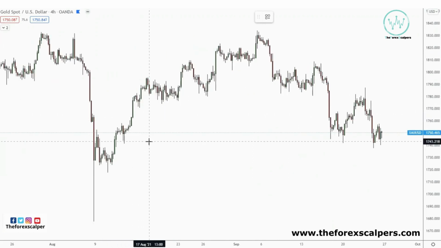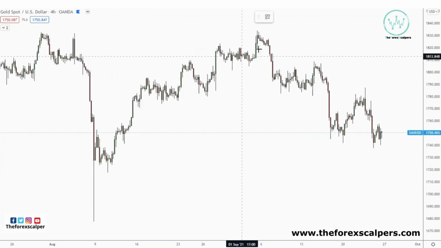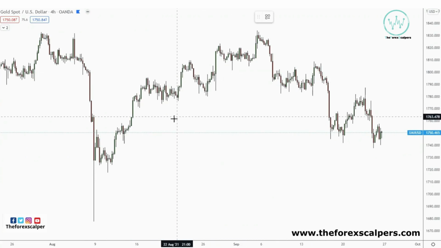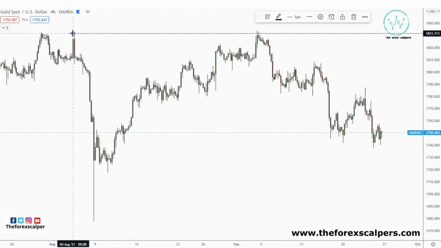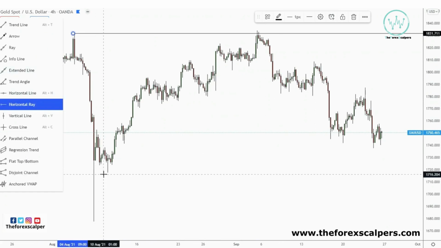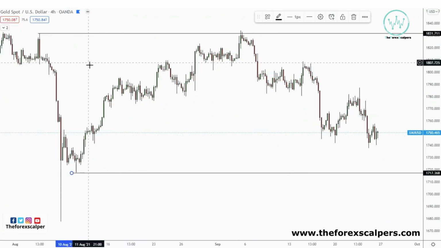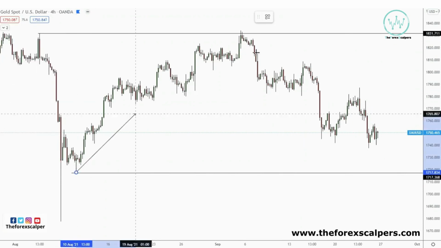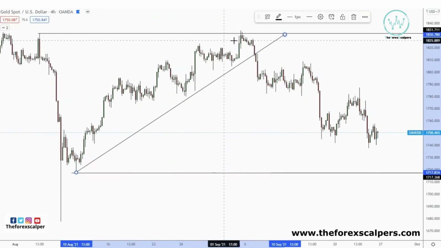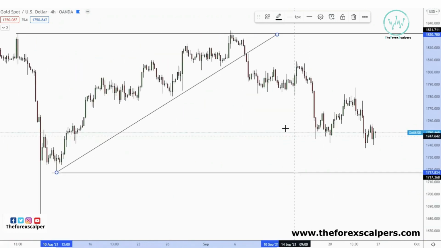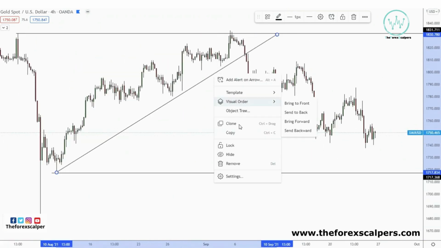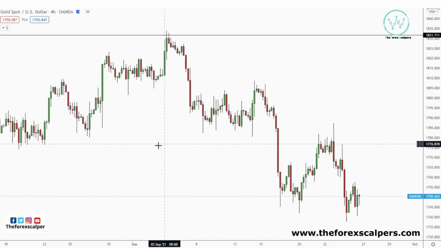Simple approach of gold. You can see right here we had that nice bullish trend up from here to this low right here. So this is a nice price range. You can see price pushed nicely to the upside, changed the structure, and pushed to the downside right here. Pretty simple and accurate. A thing that I like to do with gold